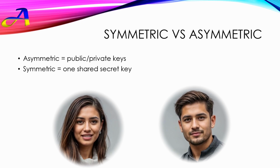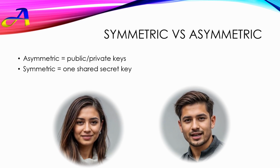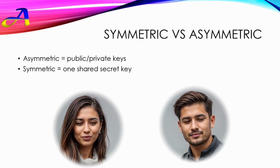Think of it like using the same key to lock and unlock a whole treasure chest. Common symmetric algorithms include DES, 3DES, and the one you probably hear about the most, AES. AES, yeah, that's like the gold standard these days, right? Pretty much. It was chosen by the U.S. government back in 2001 and is widely used and trusted. And it can handle different key lengths, too, like 128, 192, or 256 bits, which makes it really flexible and